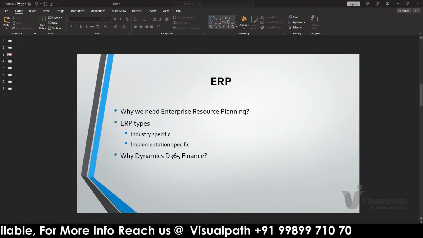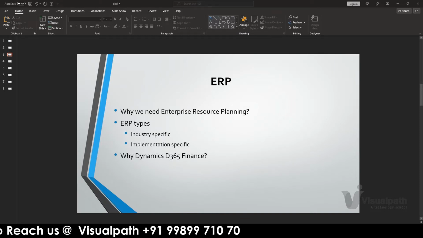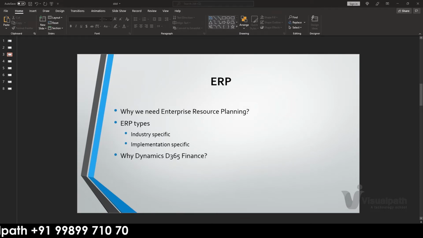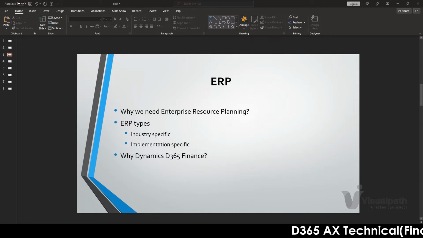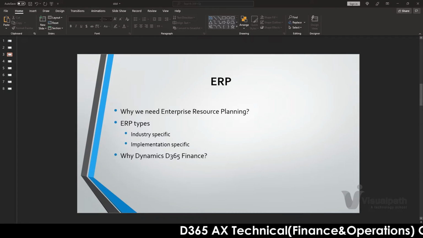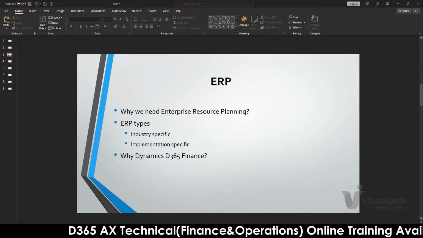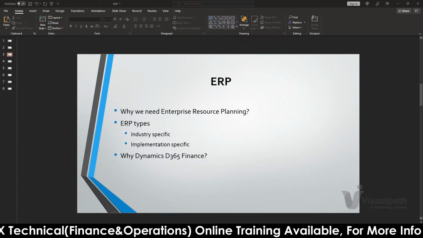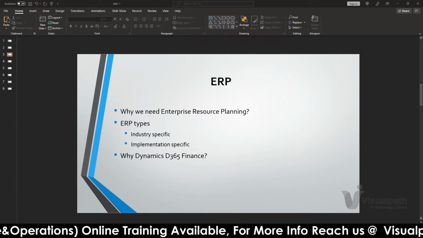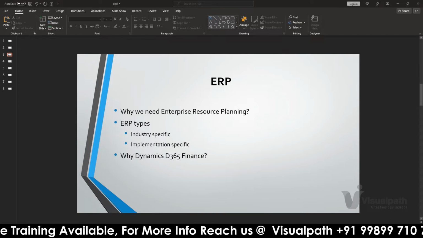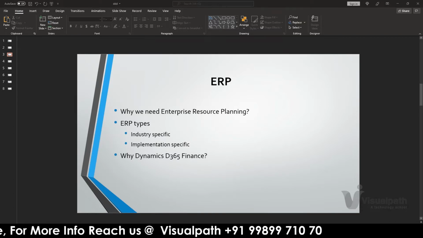The first thing we hear about ERP is SAP, so most of the companies are even thinking about migrating from SAP to Dynamics because of the cost involved in the implementation.